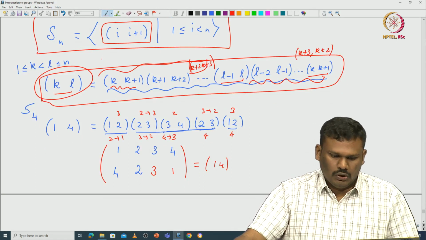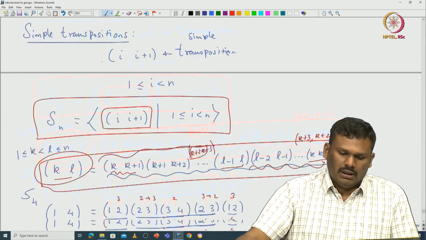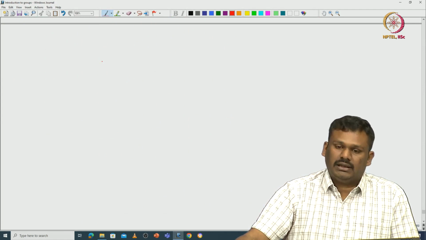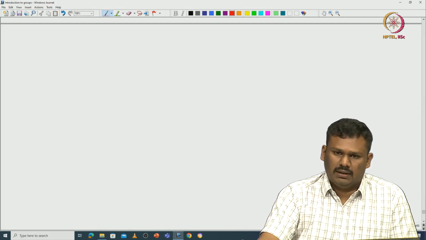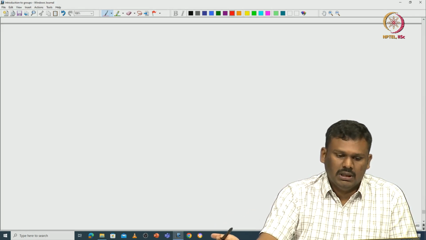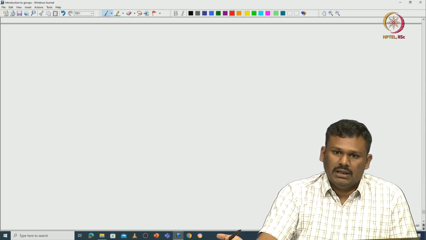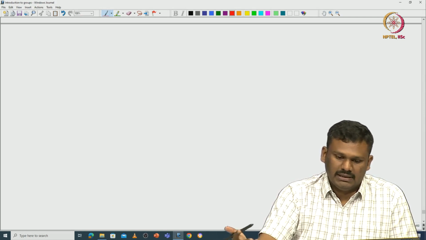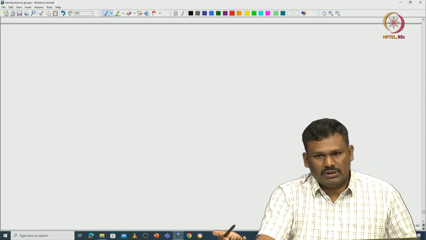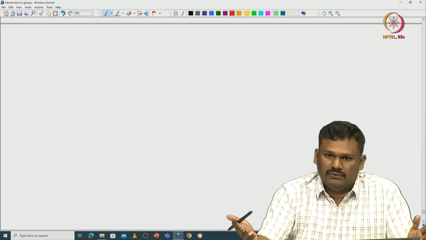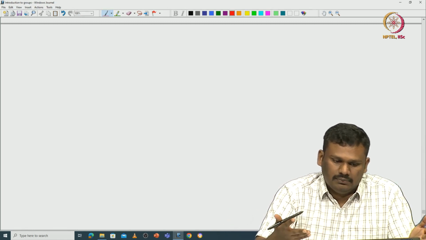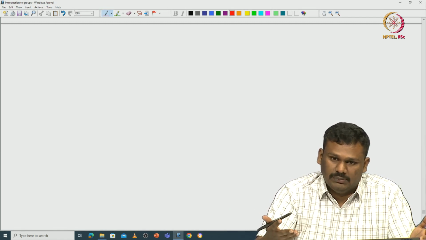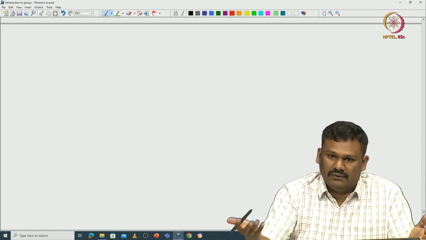As we noticed before, if you are interested in finding out whether a given permutation has sign 1 or minus 1, we need to look at its cyclic decomposition and then see what happens. So, now we can also use this product of transpositions and then see what happens. So, note that the cyclic decomposition is unique, because we are writing it as a product of disjoint cycles, but writing it as a product of transpositions is not unique. Okay, one can write it in many different ways.